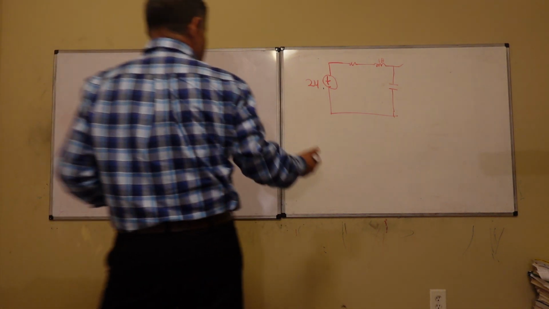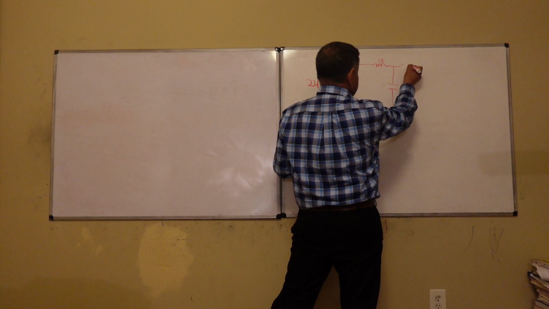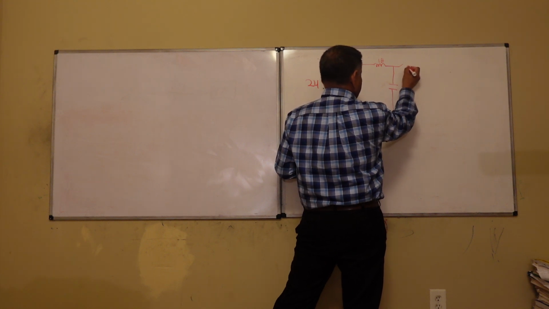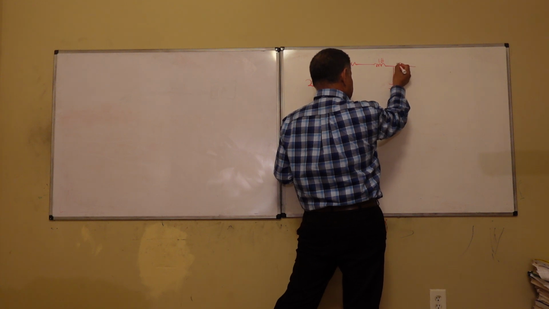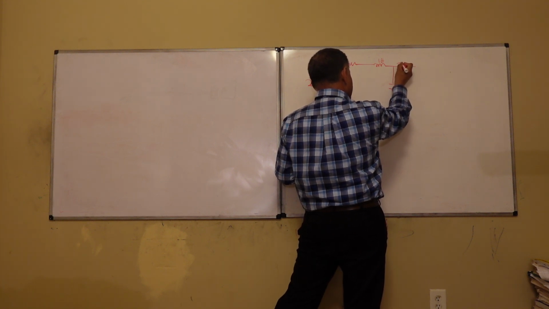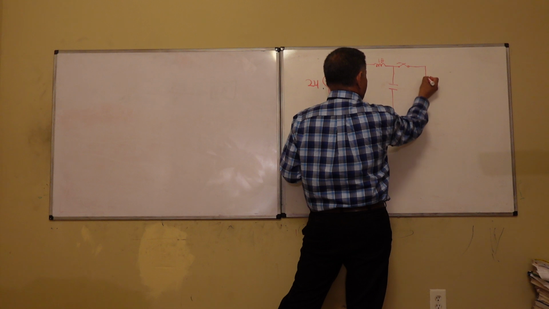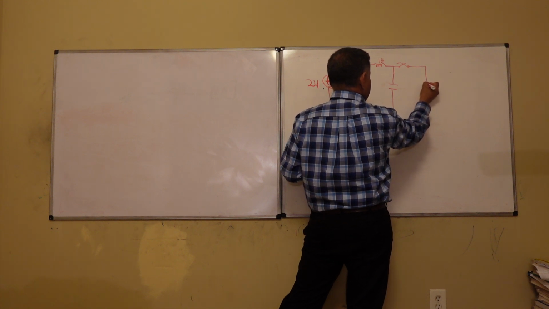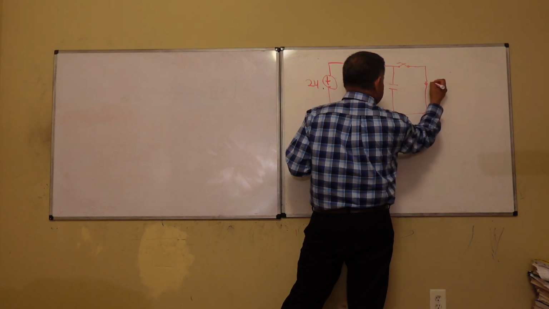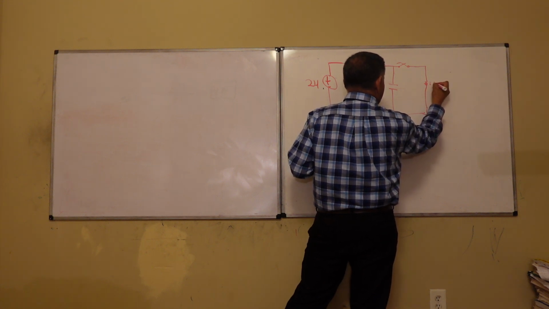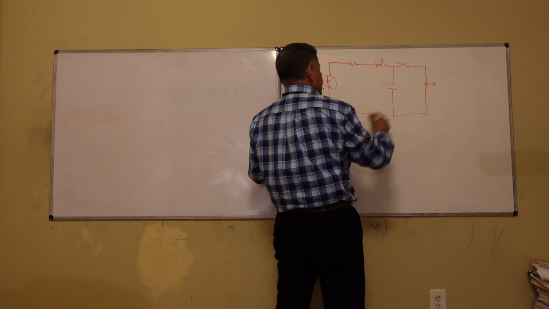No, actually it was this way. So it's another terminal point right there, and then we had one resistor right here. That is 1 ohm, and this is 1 ohm, and this is